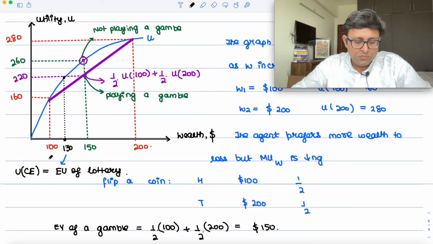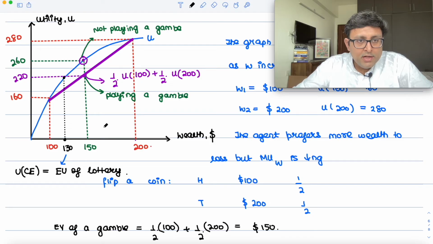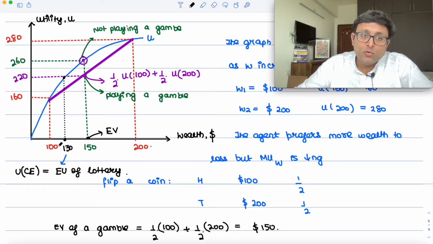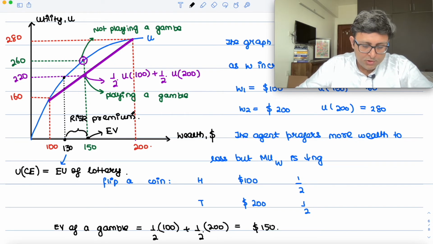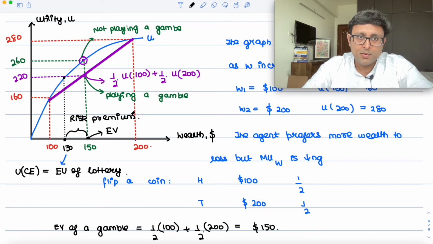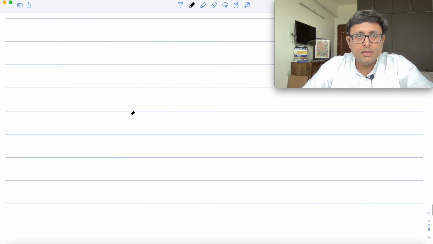And the difference, so beta, this guy is the expected value of the lottery. This guy is the certainty equivalence of the lottery. The difference between the two is what is called the risk premium, right? So please write that. Risk premium